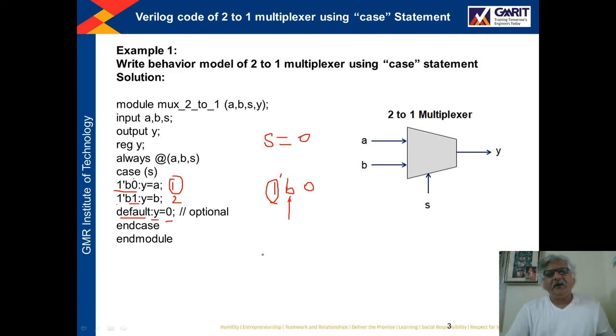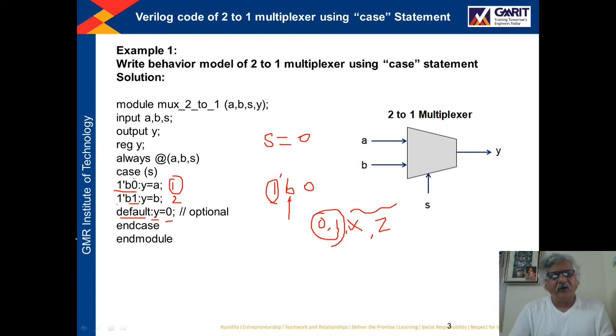We know that in Verilog we deal with a 4 value system, and these values can be 0, 1, don't care X, and high impedance Z. So if the value of S is neither 0 nor 1, and suppose its value is X or high impedance, then what will happen?